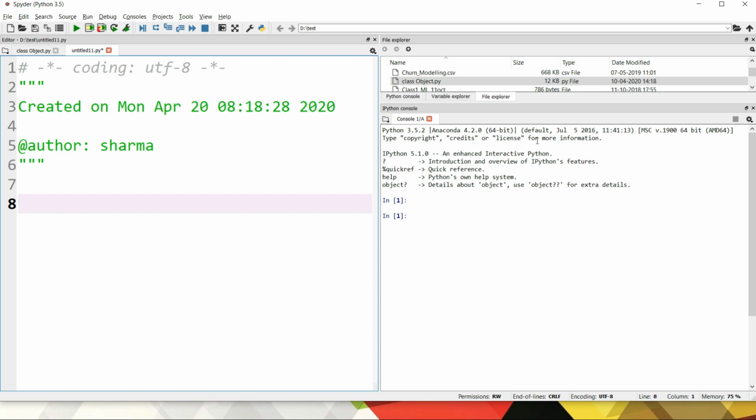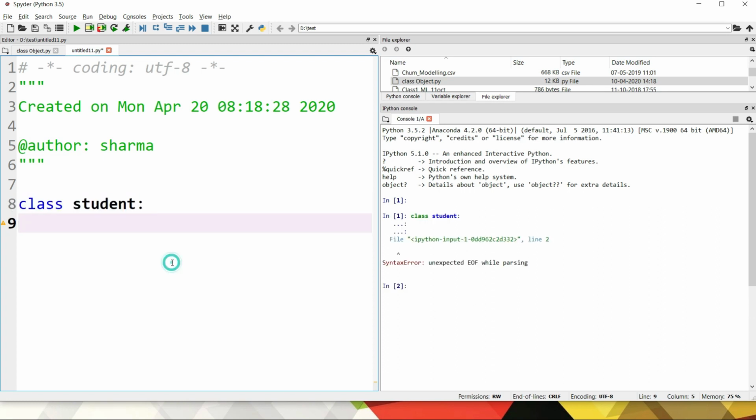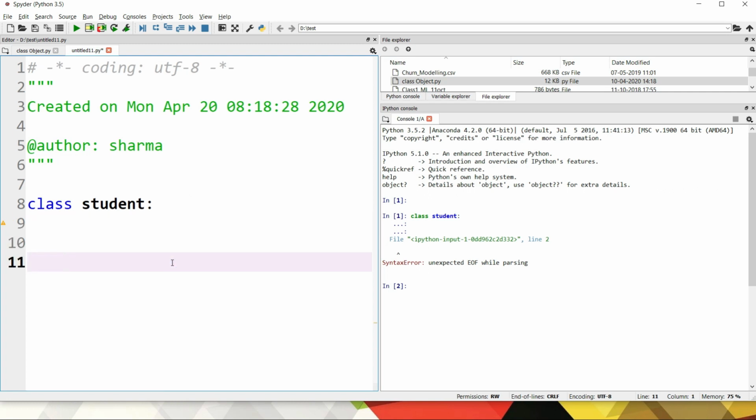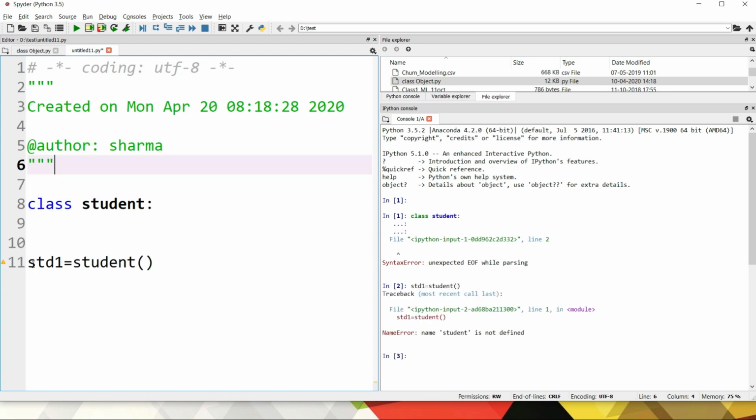As I told you, to create a class, you need to use the keyword class. So I said class, and the name of this class is student, for example, and then colon. So this is how I have tried creating a class. Now if you try to run this class, see, it is showing end of file parsing error. Fine. Now as I told you, whenever you want to access any class, you need to create an object of that class. So for example, I create student1 of my class student. There is some student who came to me and I'm trying to register him or her. See, this is again showing a problem.